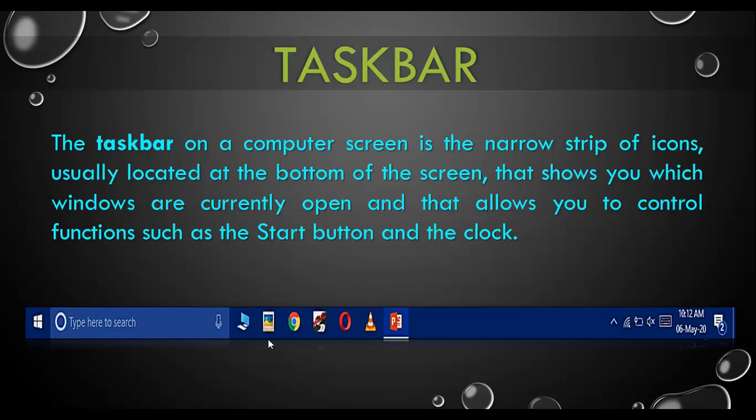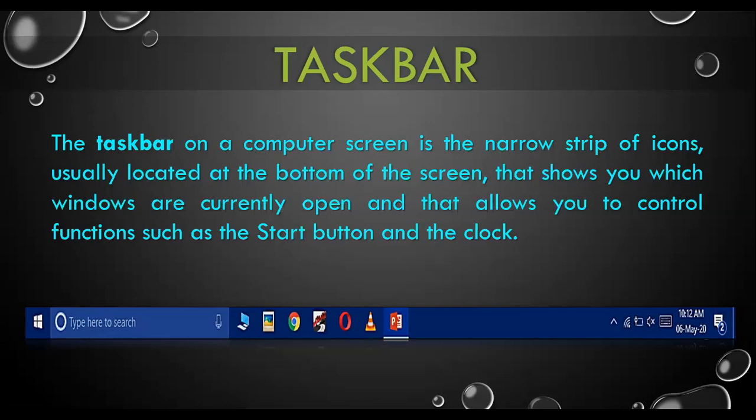And this is the quick access toolbar. The quick access toolbar contains some of the applications which you open most of the time. You can pin whatever application you want on the quick access toolbar of the taskbar, and that application's icon will be pinned on the taskbar, and when you click on that icon, that application will open. So you can customize the quick access toolbar according to your own requirement.